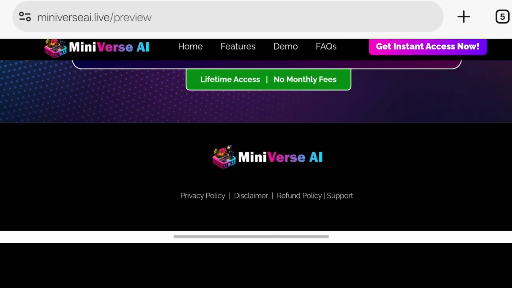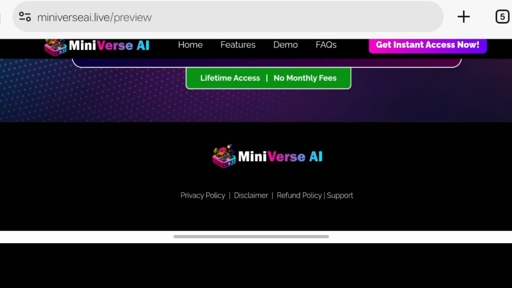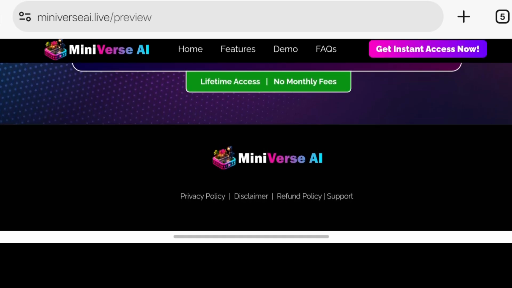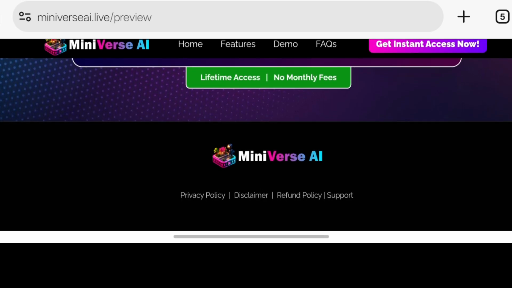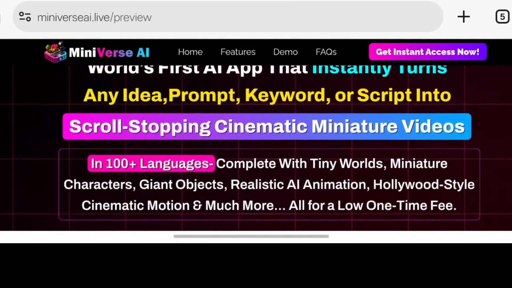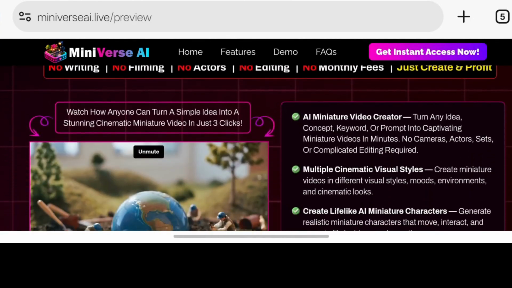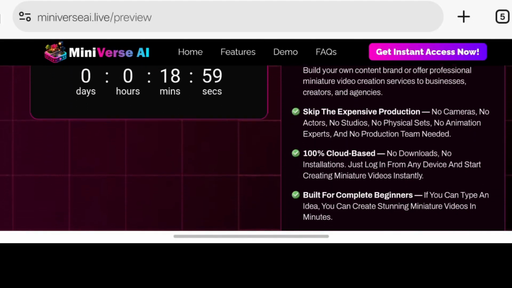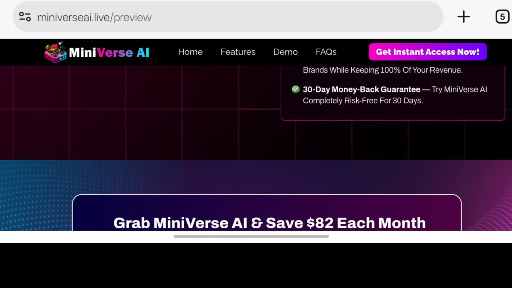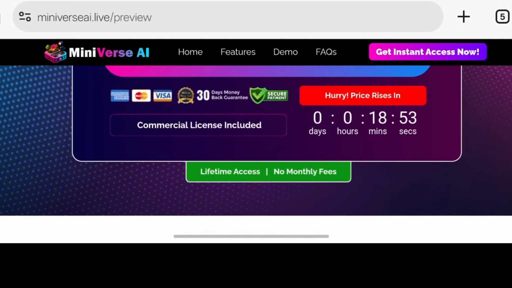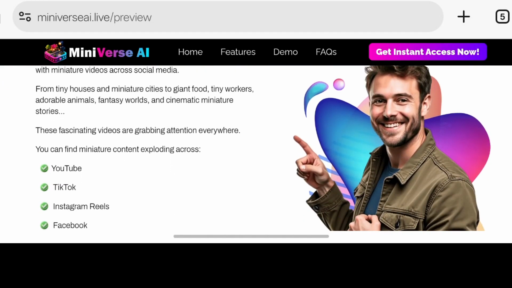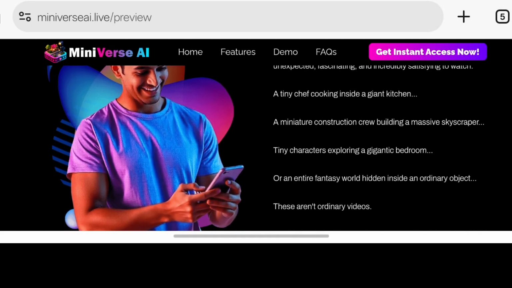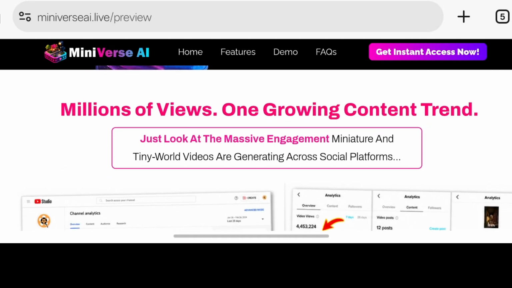But there are also some things you should consider. First, AI-generated videos aren't always perfect. Character consistency, movement, voices, and scene quality can vary. Second, the examples shown in promotional material may not represent every user's results. Third, AI video is becoming increasingly competitive. So simply generating AI videos isn't enough. You still need interesting ideas and strong storytelling. And finally, don't confuse marketing claims with guaranteed results. If a platform says you can potentially make money, that doesn't mean everyone will.